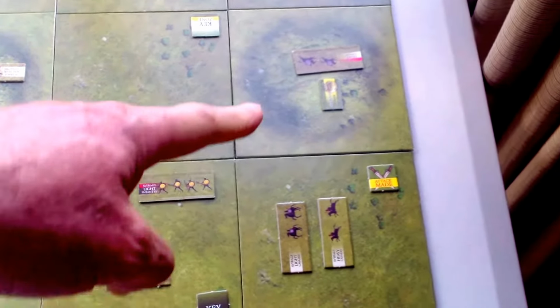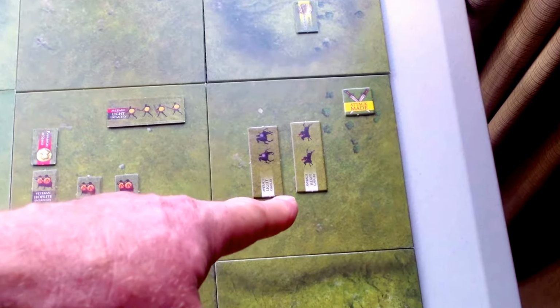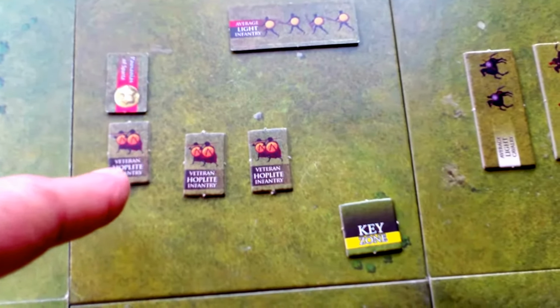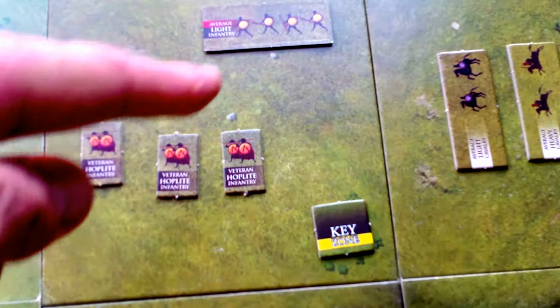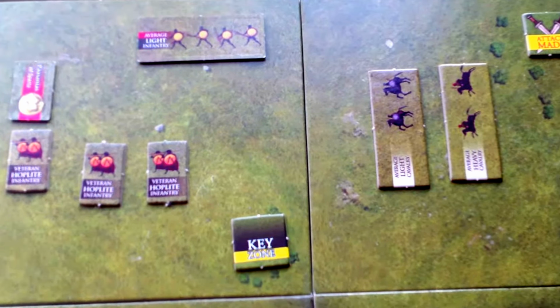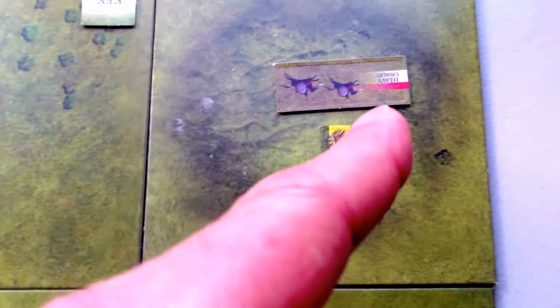So what they've done is they've brought their 2 horse units, the heavy and light cavalry, down, and they've attacked the advancing veteran hoplites with their screen of light infantry in the flank, to no avail though. The Persian commander Madonius decided to express move out of that situation and got himself onto that hill to the